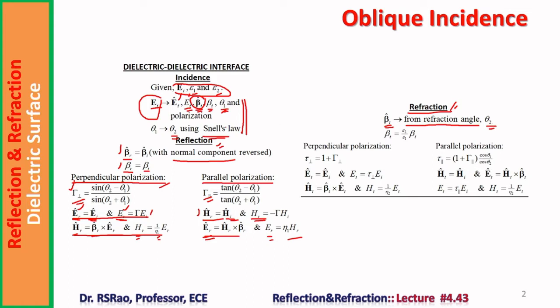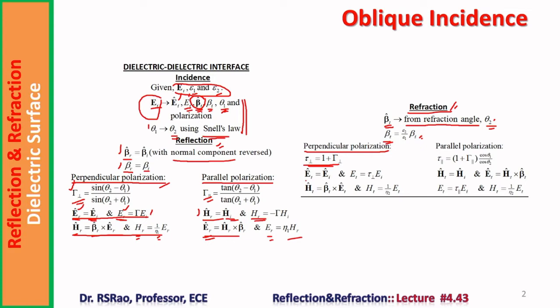Theta 2, already computed, we can find using theta 1, the angle of incidence, and epsilon 1, epsilon 2. So theta 2 is known. The magnitude of the propagation vector in the transmitted wave, beta t, is root of epsilon 2 by epsilon 1 times beta i. Now if the wave is perpendicularly polarized, then the transmission quotient can be obtained: tau equals 1 plus gamma, and